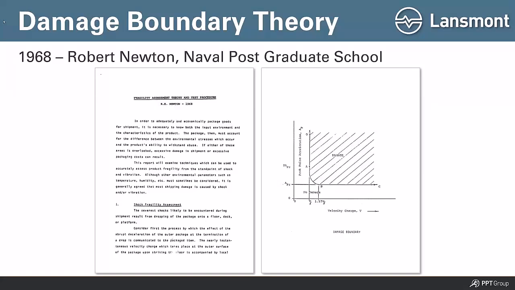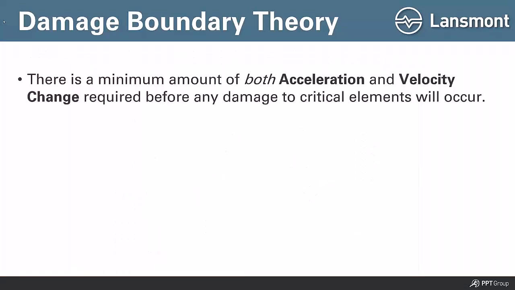This is an old paper. I'm obviously not trying to show too much detail there. I do have a copy of this old paper if anybody was interested in looking at that old information. What's key here is that there is a minimum amount of both acceleration, Gs, and velocity change, delta V, required before any damage to critical elements will occur. So what that says is